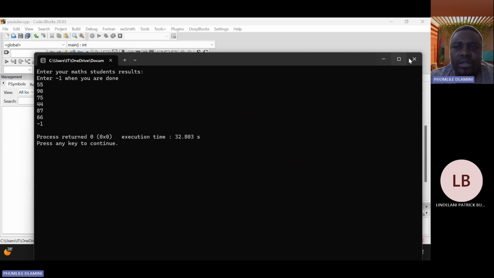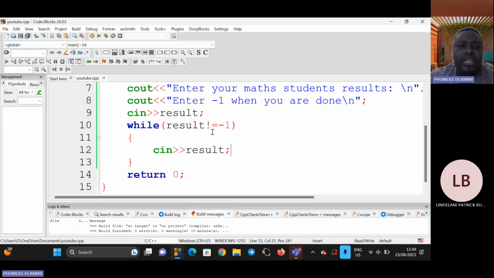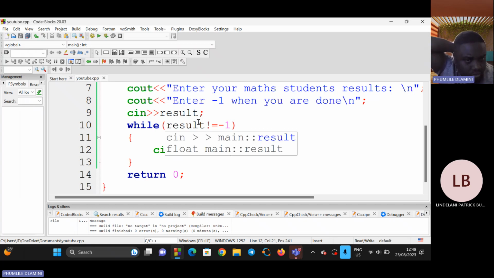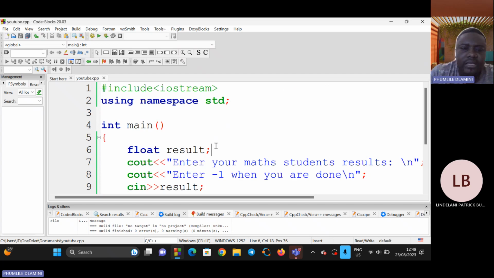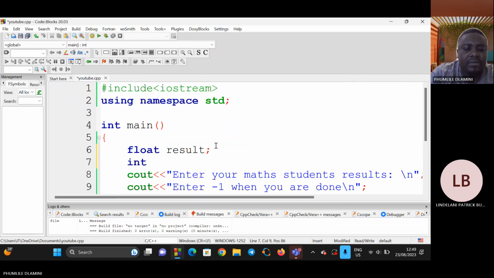When the code stops, now we can say, how about if we want to know, in the same program, how many students this teacher has? We can say, okay, int. Maybe you can use x. You say x equals 0. When you start at 0,